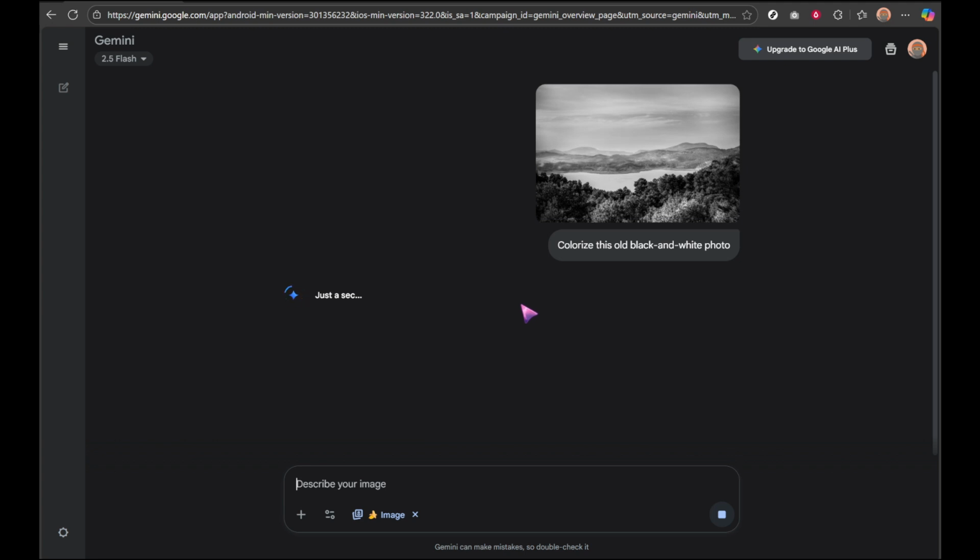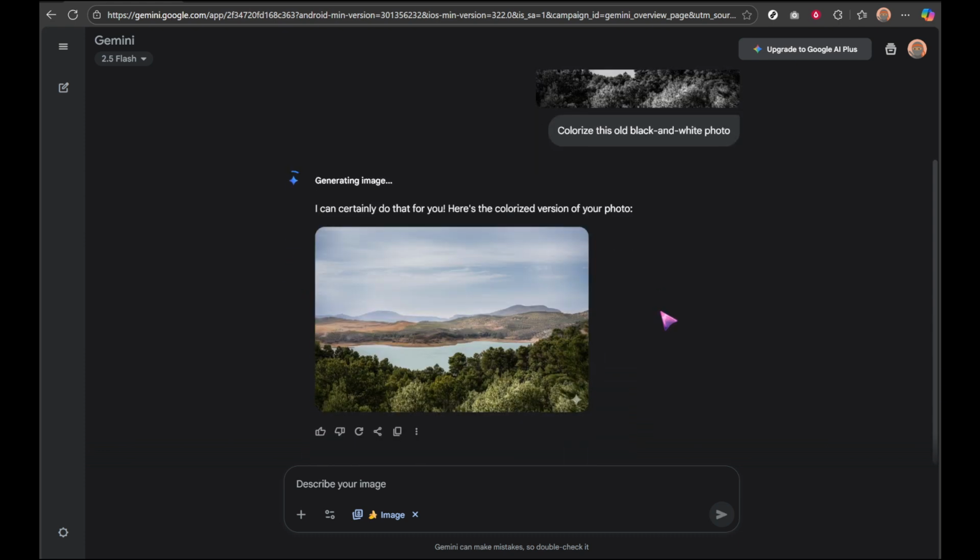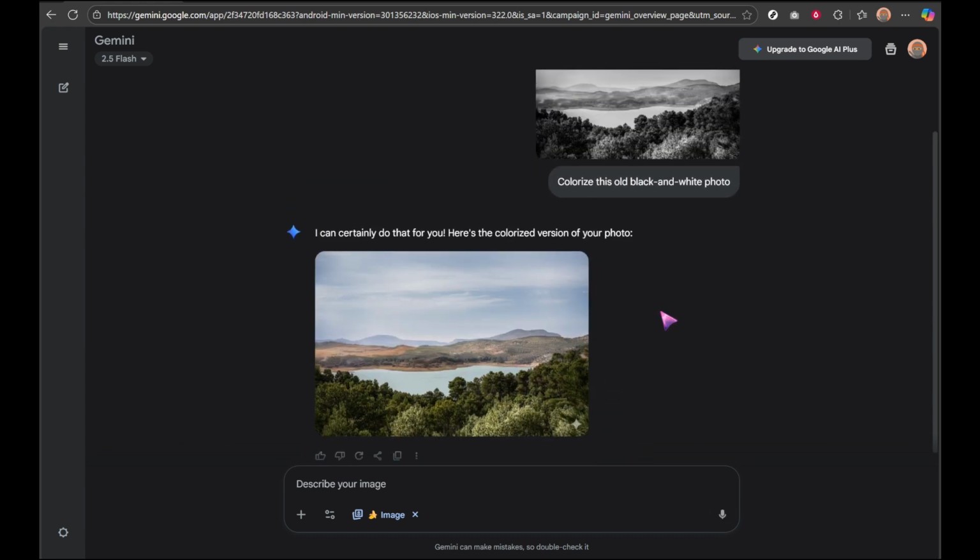Finally, after the AI has completed its task, take a good look at the colorized image. Make sure it meets your expectations. You might want to make some tweaks to the prompt to get different results, so don't hesitate to try a few variations if needed. Once you're satisfied with the outcome, download the image with the newly applied colors to your